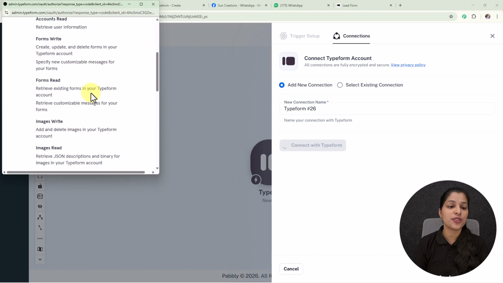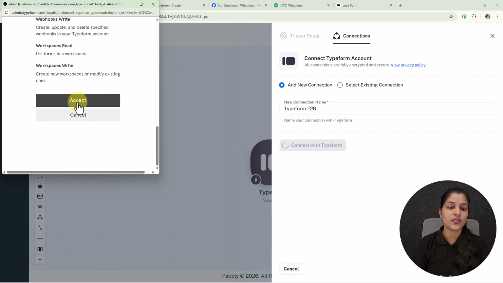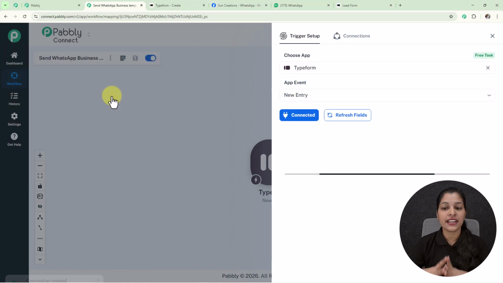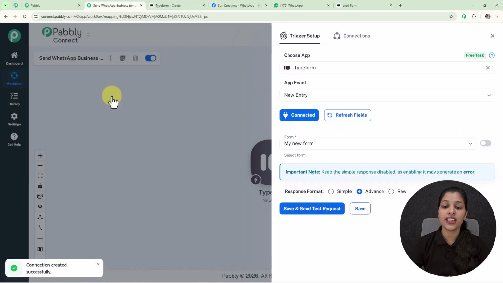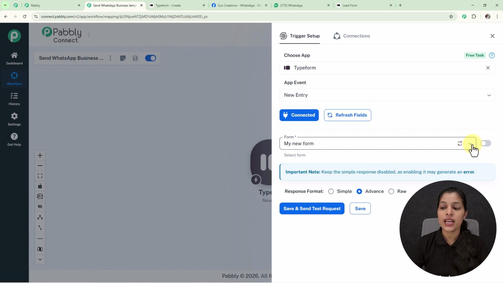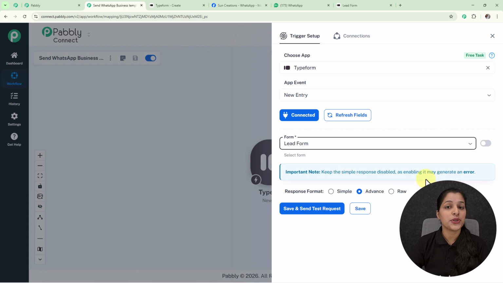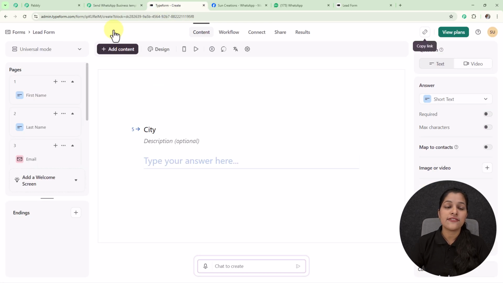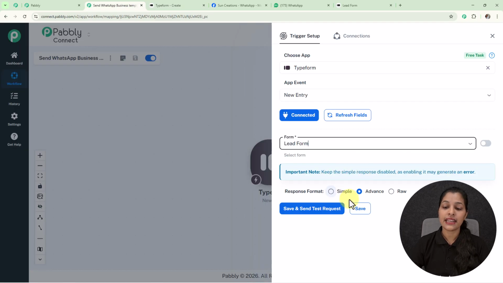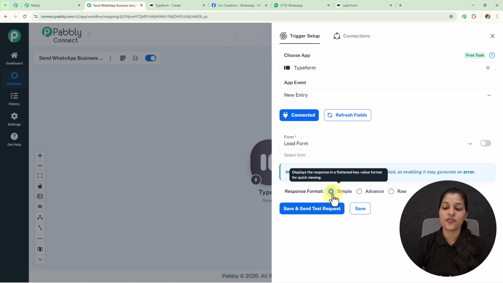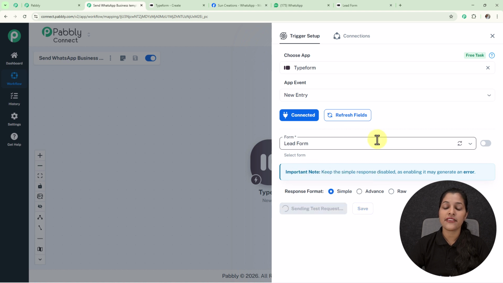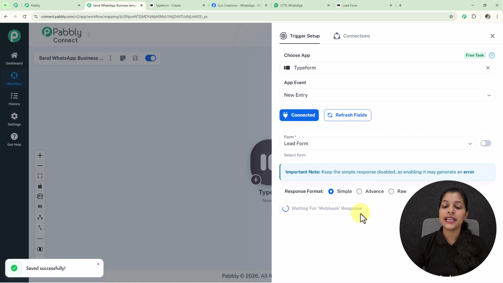And here it is asking me to allow the access, so I'm going to just click over this accept button as my data is safe with Pabbly. And here my connection has been built, and we are getting this field for selecting the form. So here I'm going to select the form, that is lead form, by using which I'm going to receive the new entries. So here in my Typeform you can see this is the lead form by using which I'm going to get my new leads. And afterwards I'm going to select my response format as simple. Now let's click over the save and send test request button, and here you can see it is waiting for